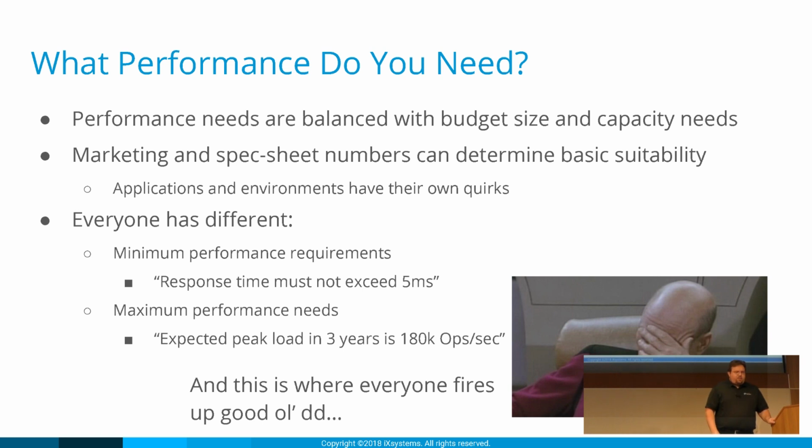And we like to badmouth marketing numbers sometimes and spec sheet numbers. Well, okay, up to that number. Well, that's not too helpful. But it actually can be, because they allow you to weed out certain choices based on, I need more than the maximum ops they claim. So you could rule out that vendor, HBA vendor, storage vendor.